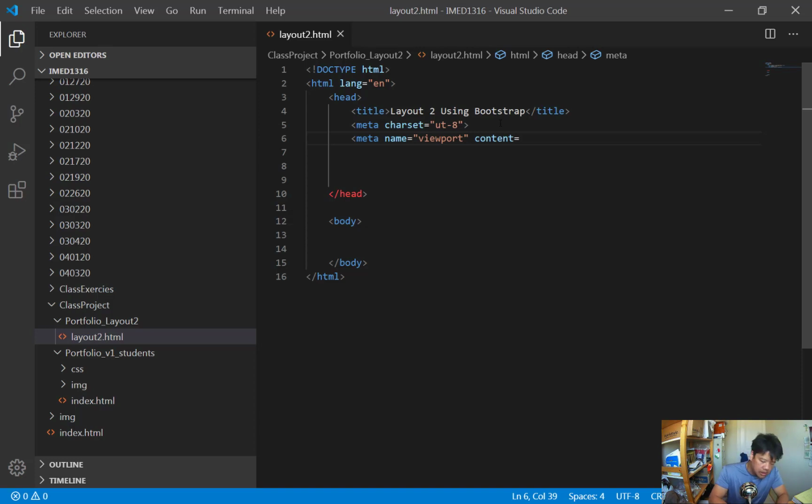with the width equals the device-width. Okay, so comma, and we're going to initialize initial-scale